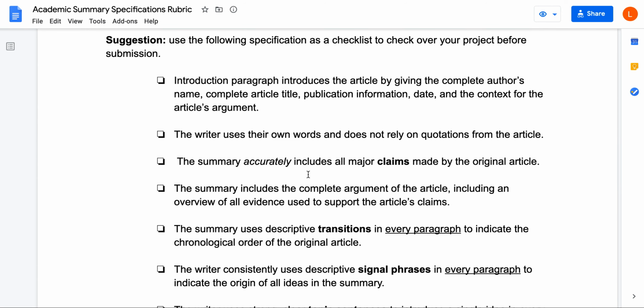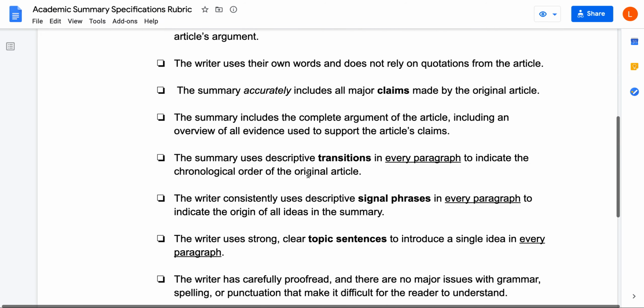So as you're preparing to write your essay, you should go through and read through these and make sure that you understand all of the points. And then when you're ready to finalize your essay before you turn it in, you should use these specifications as a checklist, because if even one is missing, then you would have to revise in order to get credit. So if you take a look at this one,